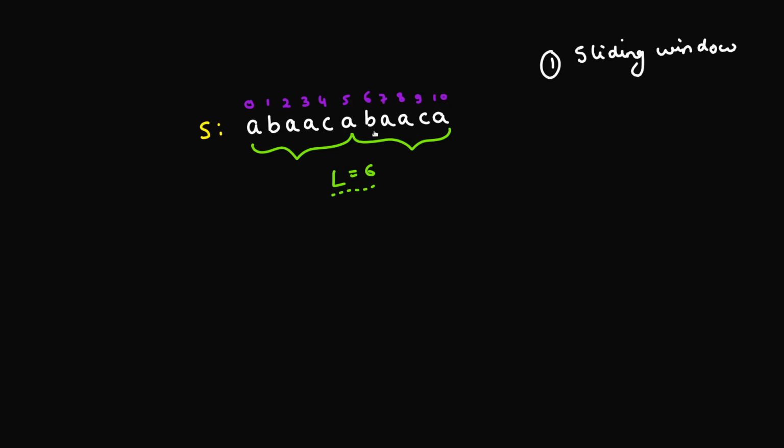So the way we'll be applying binary search is, consider a length L as 6. Okay, so what you have to do is consider all the strings of length 6 that are present in this string, right? So you can have from 0 to 5, that's a string of length 6. You can have 1 to 6, that's again a string of length 6. You can have 2 to 7, that's again a string of length 6, and so on till 5 to 10, that's again a substring of length 6.